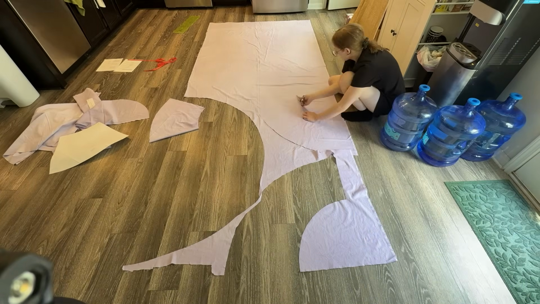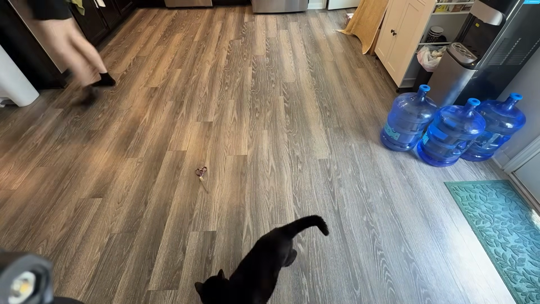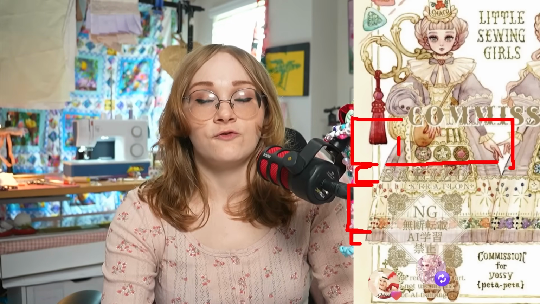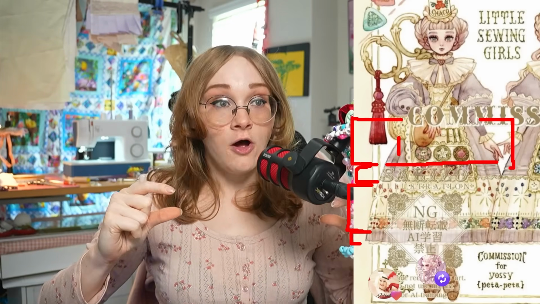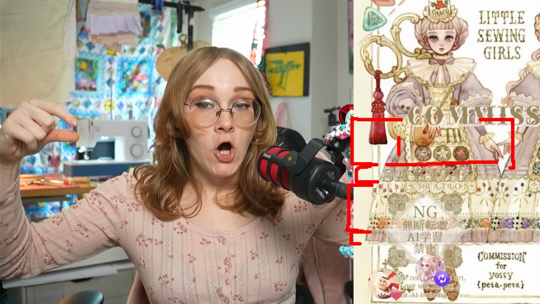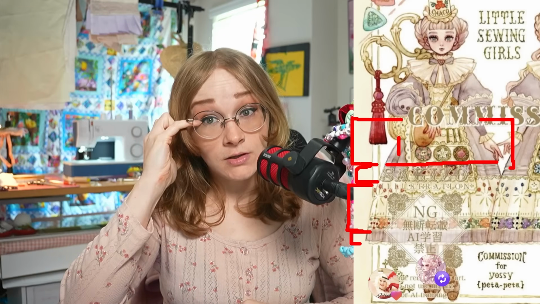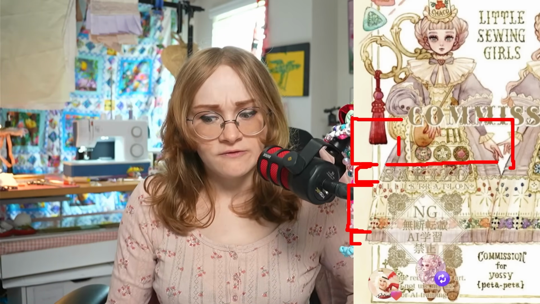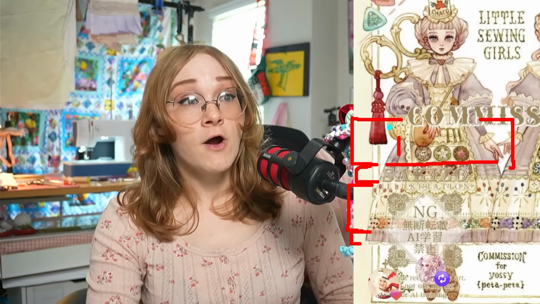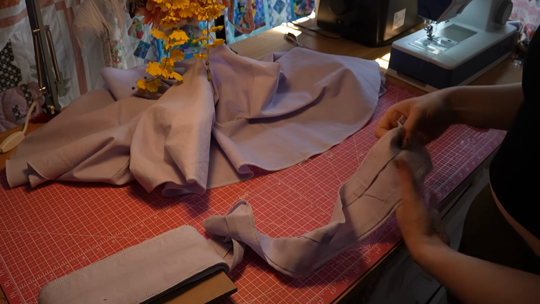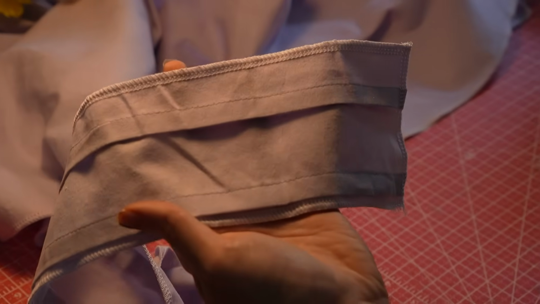Another reason why you might want to make the top of this skirt just straight is that pin tucks on a curved hem are possible but difficult and require a lot of time. And if you're short on time like I am, it makes a lot more sense to exclude the pin tucks from the circle skirt and make them their own straight panel that then gets attached to the